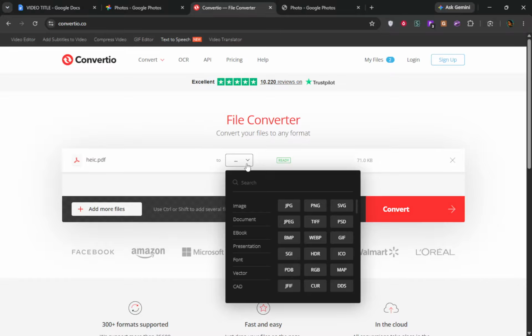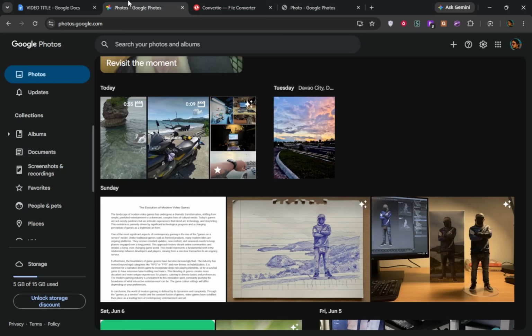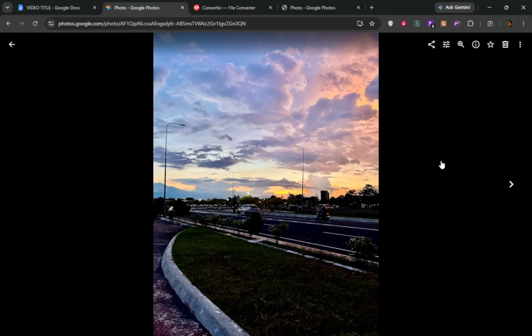Windows has a built-in option for converting HEIC files. Start by opening your HEIC file in the Photos app. Once open, press Ctrl and P simultaneously to bring up the print dialog. In the printer options, select Microsoft Print to PDF. Save your file. With your PDF file ready, you can convert it to PNG using any image editor.